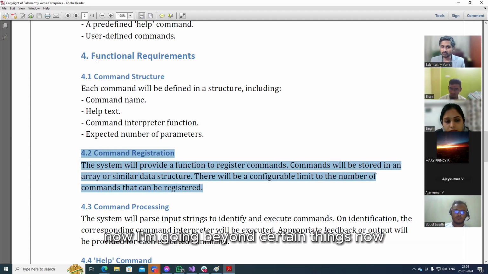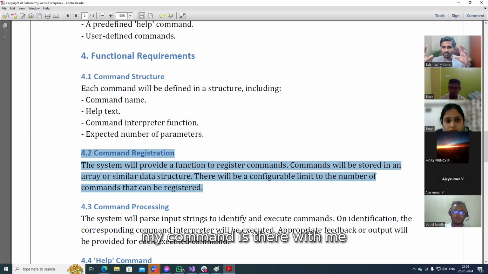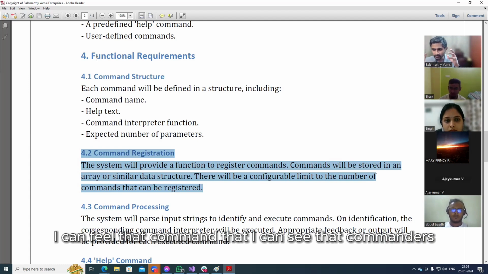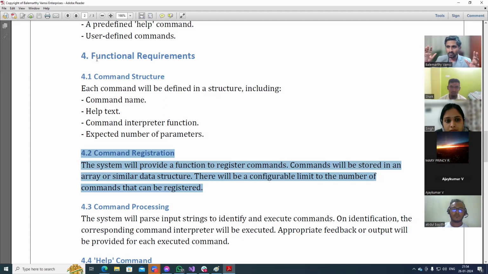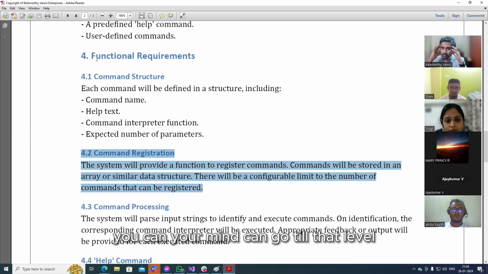So at a high level document level, now I'm going beyond certain things, now that my command is there with me. I can see that command as emerging as a C struct, and all those things. Your mind can go till that level, but I would say it is good, but at this point of time, it's an overkill.